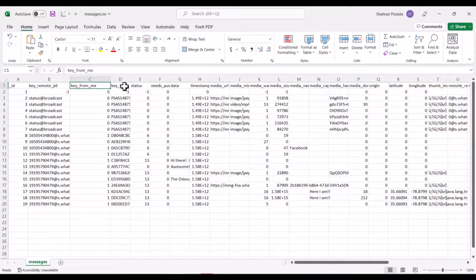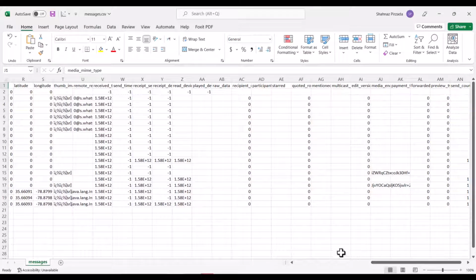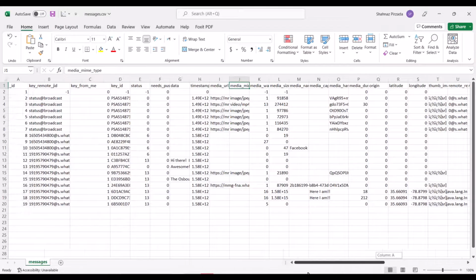So this is our exported file from the database, and it's a very easy and simple way to export a database file into an MS Excel CSV file. So I hope you understand easily,